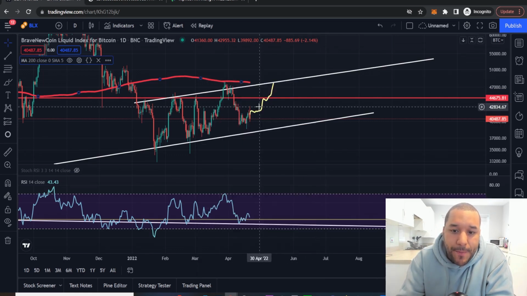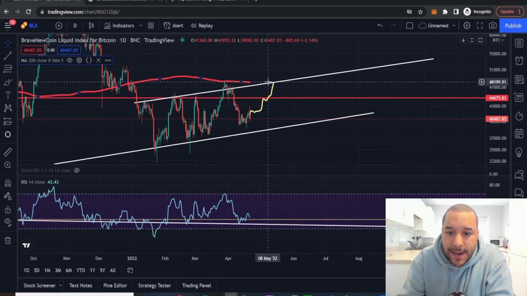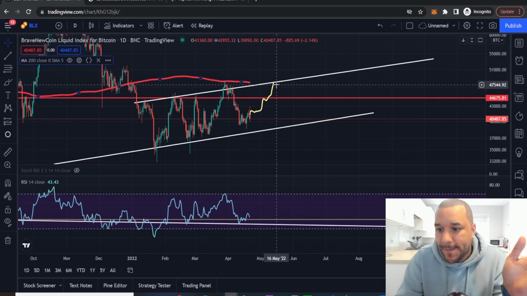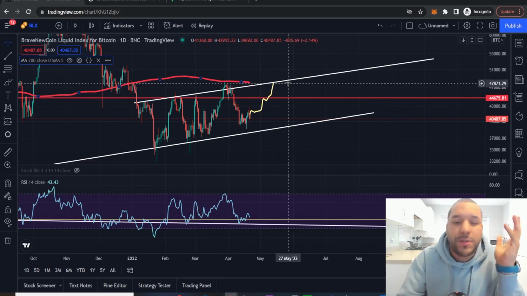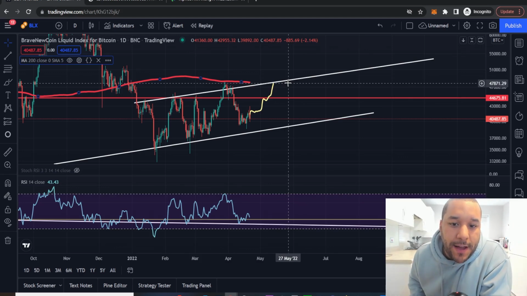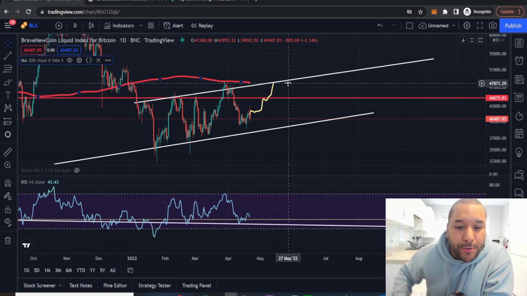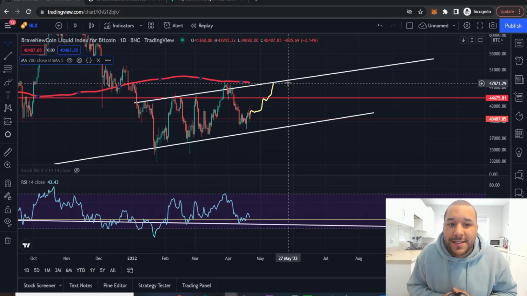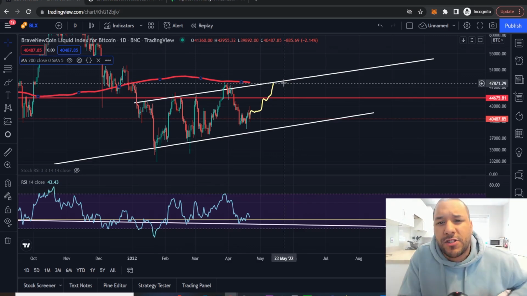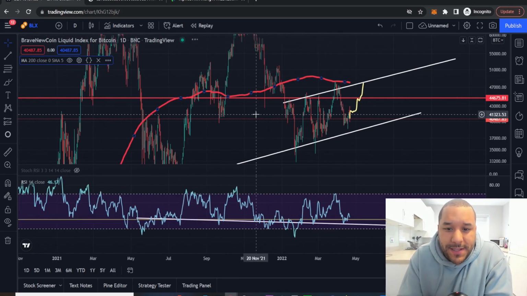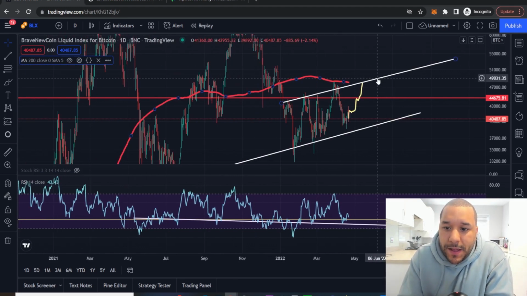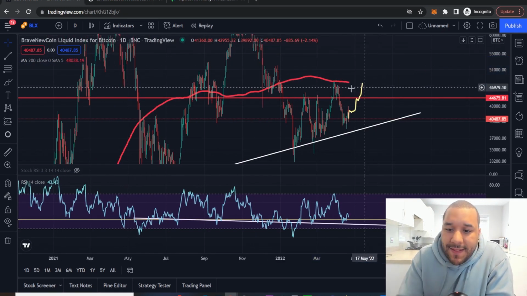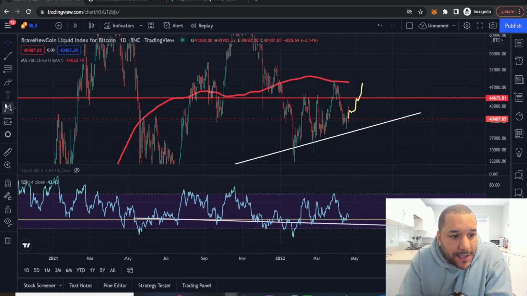You see, it might come and test this 200 daily again, and this is what we might see. Now, the price could go up to $47,000. If it goes up there, people are going to be very bullish. They're going to feel like, price is going crazy, Bitcoin's going to $100,000 again. But I want you to remain prepared, because if it gets rejected at this red line again, then we may